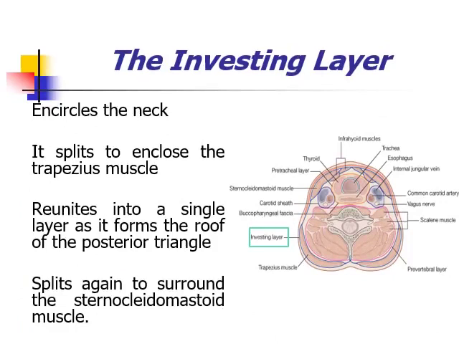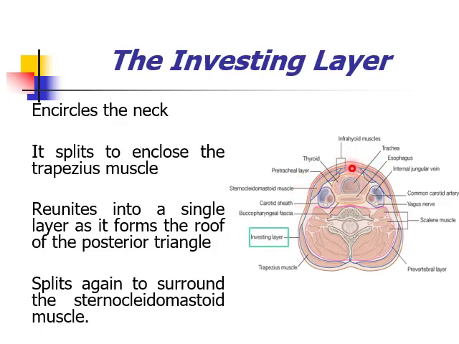For the first layer of the deep fascia of the neck, the investing cervical layer, this is the most superficial layer of the deep fascia, just beneath the superficial fascia. This layer of investing cervical fascia encircles the neck, meaning that it surrounds the neck whole through. And through its course, it splits to enclose muscles,